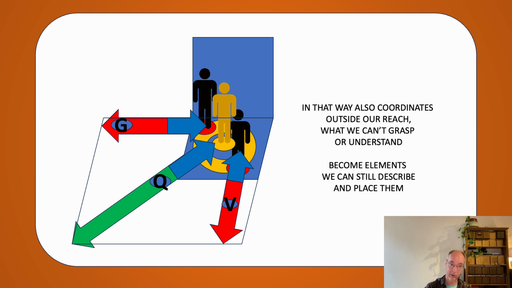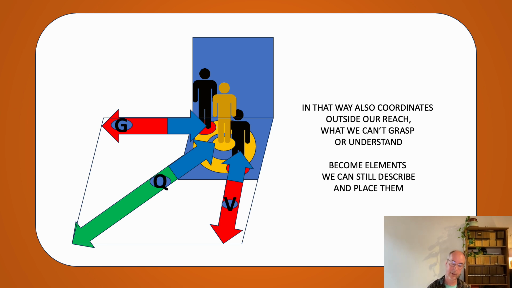But when we define them, with a G as borders, with the Q as an accumulation in communication, and with the V as, okay, I have my individual part and I have my own direction. Do you see where I'm going? And it is understandable in time and place. You have reached a neutrality that is still inspiring, because you know where this neutral point is. It's out of reach, but you can place it. It's a good placement within its time and space frame that normally wouldn't fit within the time and space frame of the known world, but even with the unknown elements, you can still place them somewhere